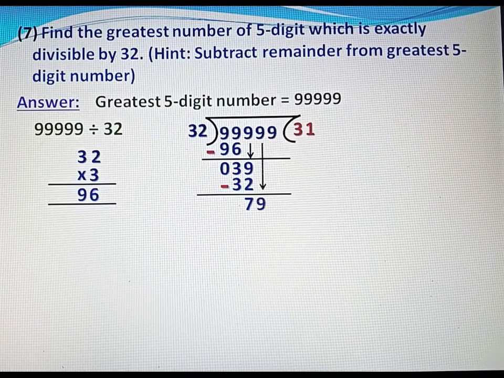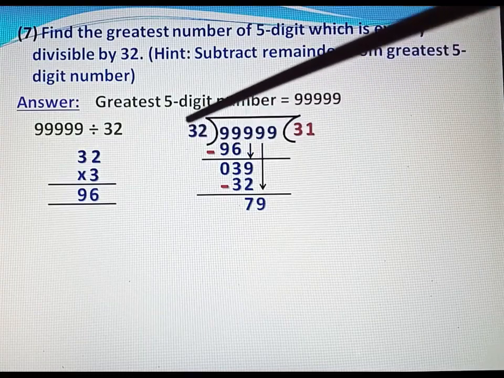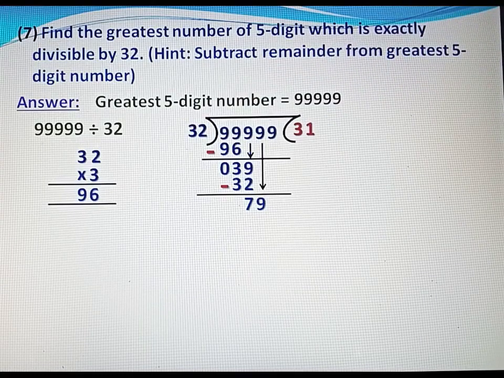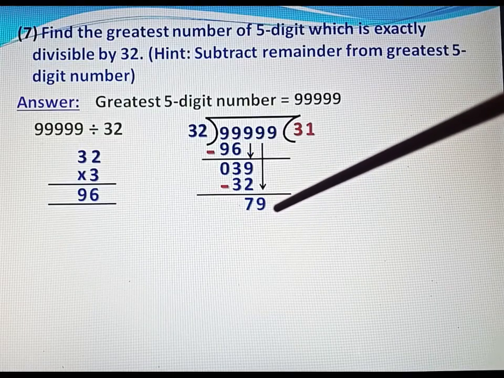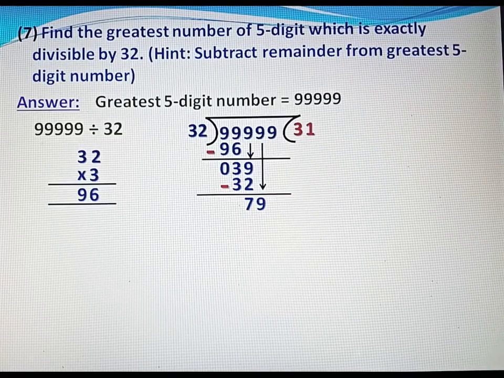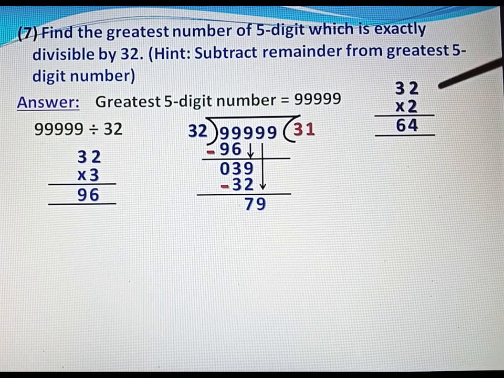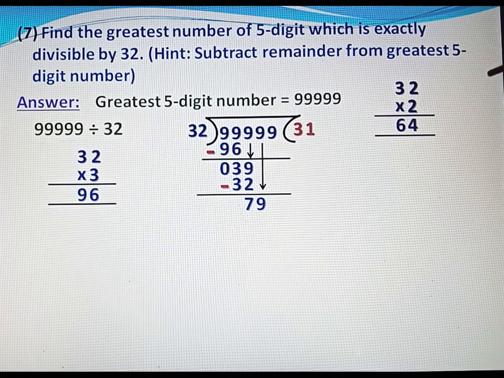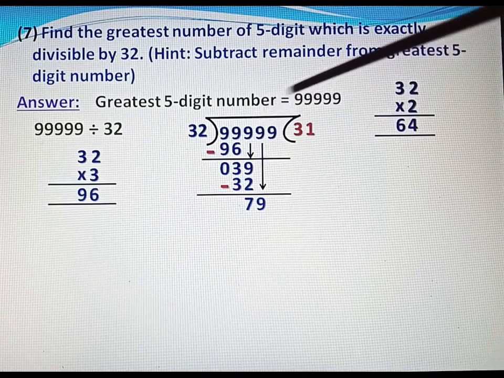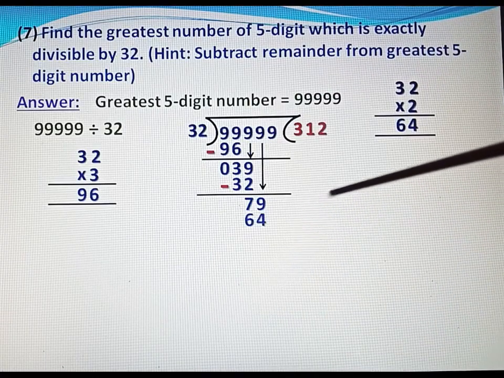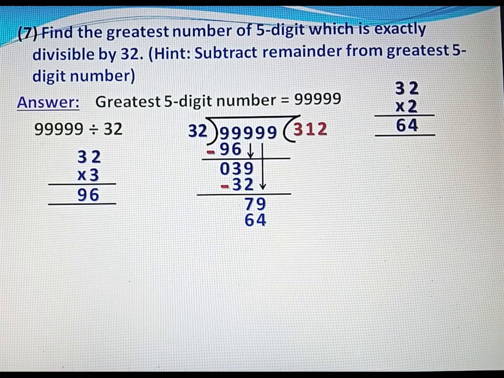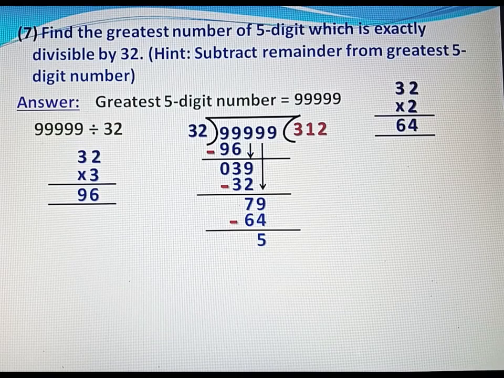Then we will take the next number, that is 9, right, here 9. The number formed is 79. Now again we will multiply 32 by that number so that it is equal to 79 or less than 79. It should not be greater than 79. So see, 32 multiply 2, 2 2 ja 4, 2 3 ja 6. So we will multiply 32 by 2, that is 64, and then we will do subtraction. You can easily subtract. See, 9 minus 4, 5, 7 minus 6, 1.